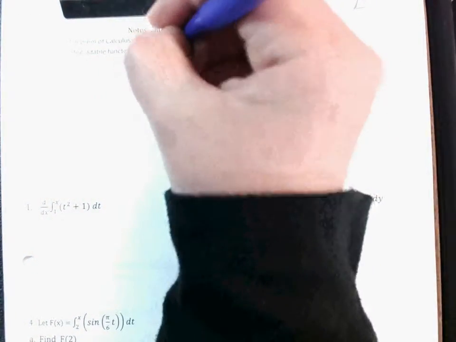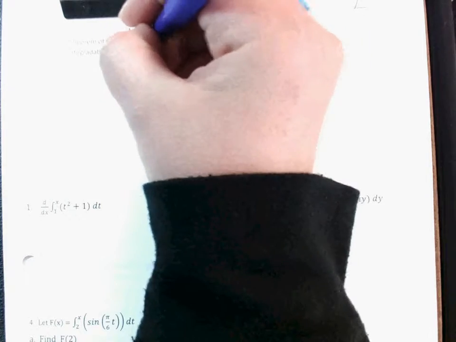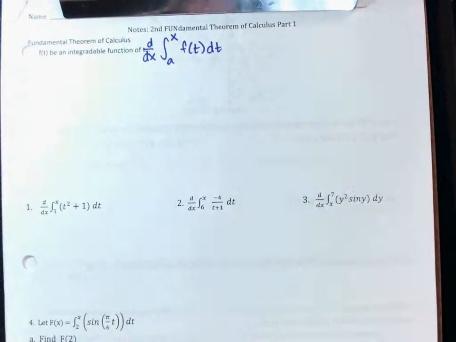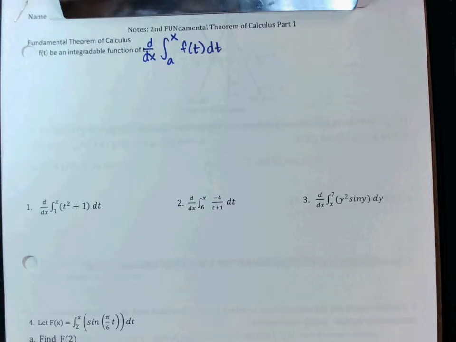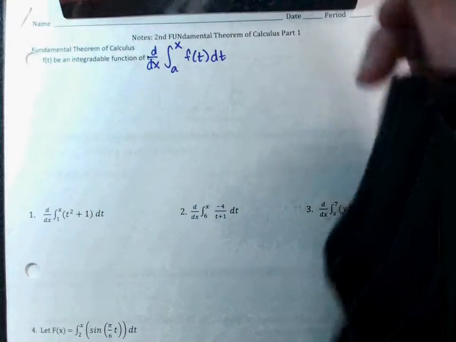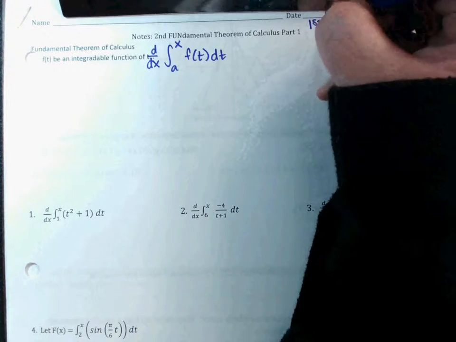Okay? So, if you take the derivative with respect to x of the integral from a to x of f of t dt. Okay, this is the fundamental theorem. So, there are two. Obviously, we already learned one of them. We can write it over here to the side so you'll remember it. First